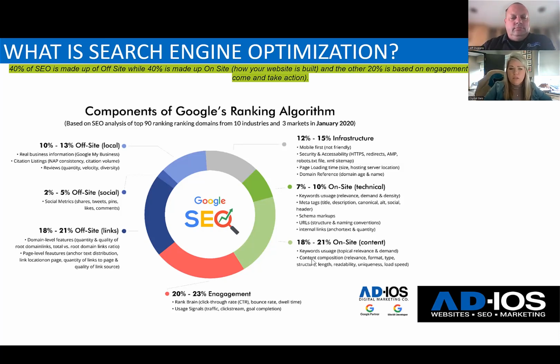If you look at this slide, you'll see 40% on the right-hand side is all made up of how your website is actually built and the content on it. Another thing SEO has to do with paid ads is that having keywords you're indexed and ranking for on the SEO side can help with the deliverability and relevancy that Google sees on the paid ad side, when you start doing SEM, display ads, social media ads, and things of that nature.